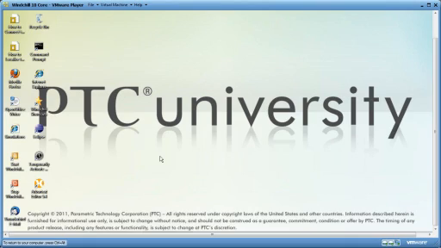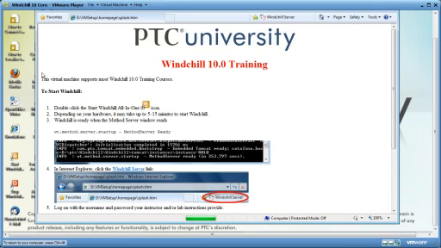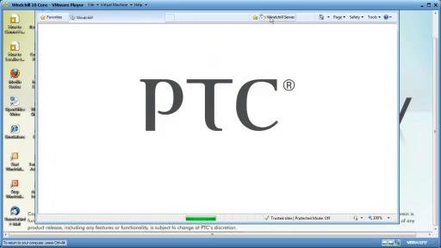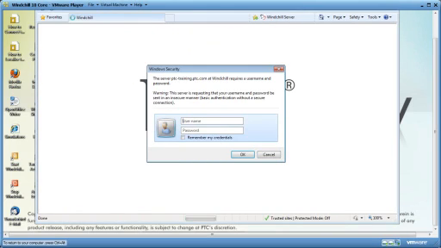So since Windchill is web-based, you can log in with any web browser that you have on your desktop, right? And we're talking about behind the firewall, not outside the firewall access, at least, unless you have some type of VPN connection. But all I'm going to do here, guys, is just go ahead and log in, and we will log in as a specific user, and then we'll switch and do a few different things as far as